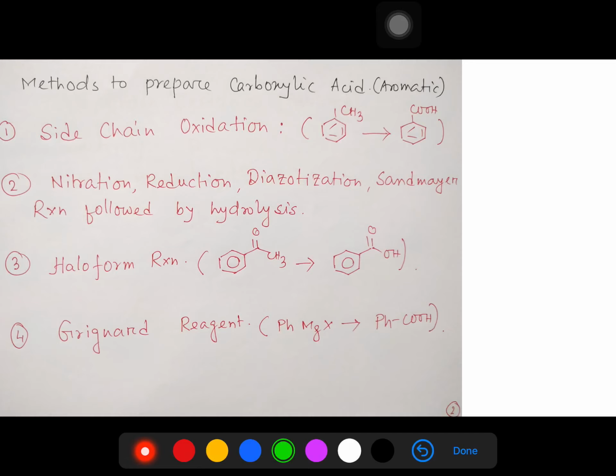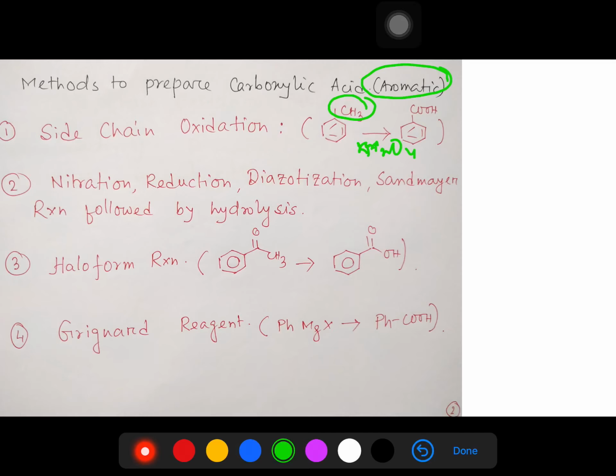First one is side chain oxidation. Actually, better to say not carboxylic acid, aromatic carboxylic acid. So point number 1, side chain oxidation. What do I mean? If you take toluene and oxidize using a reagent like KMnO4, you can get benzoic acid. There are other side chain oxidations also, for example you may think of benzyl alcohol to benzoic acid,